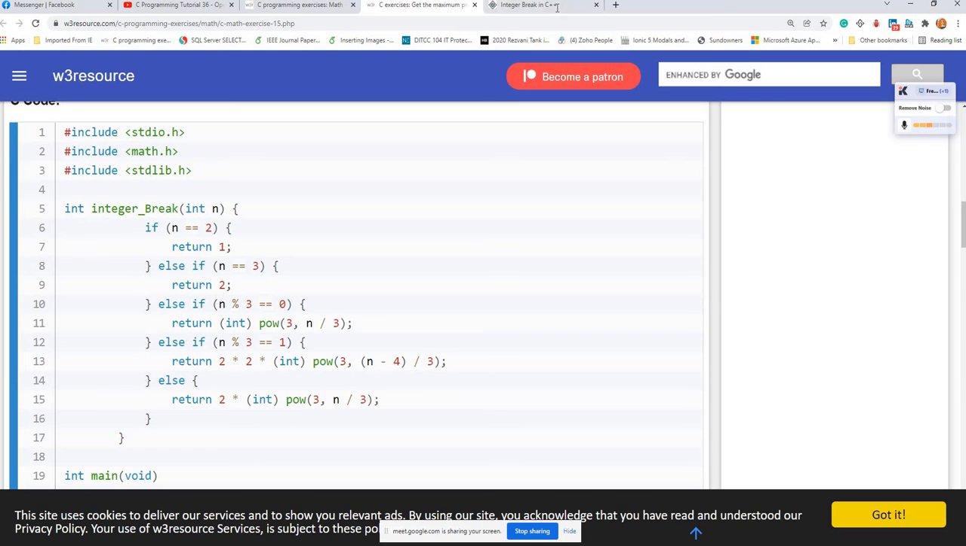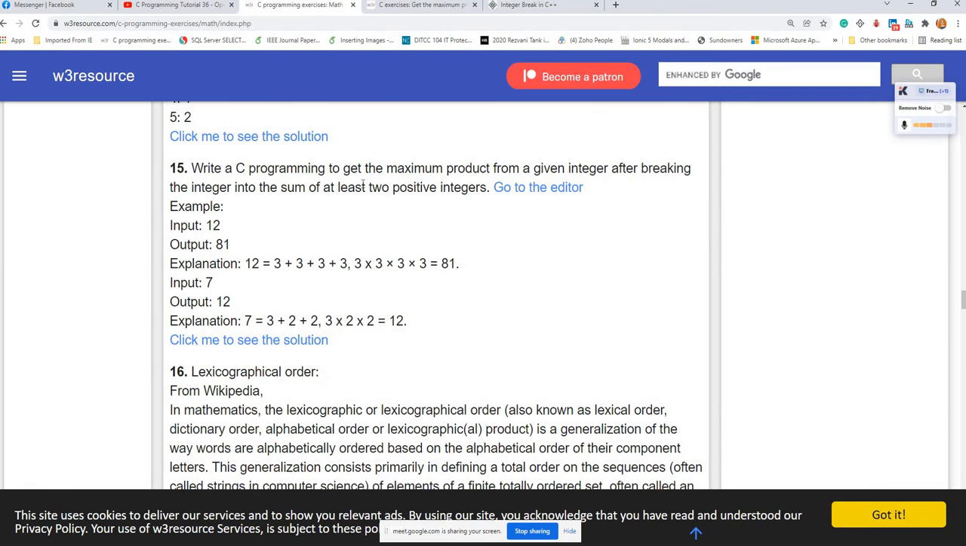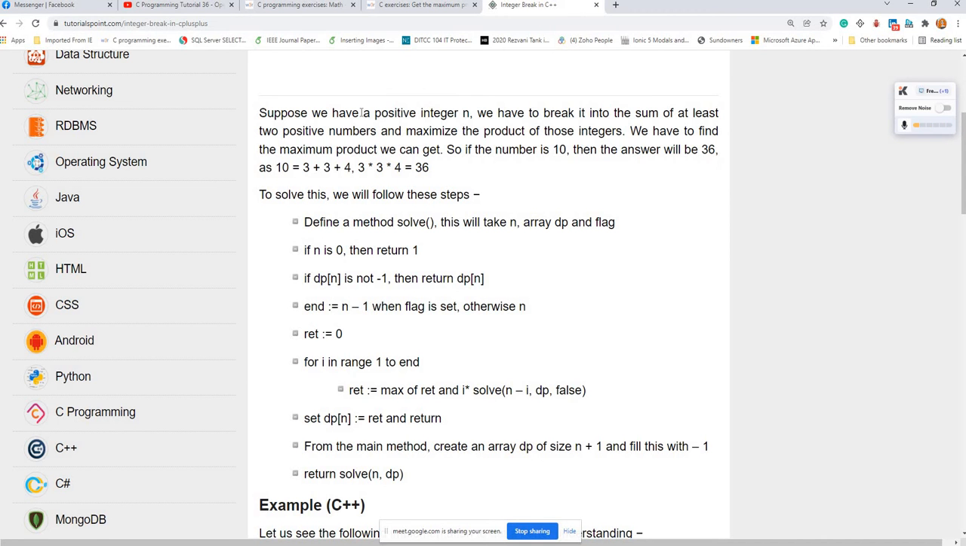Okay, so yung integer break, as what we require, the thing that we wanted to get, no? So maximum product. Given an integer, you break the integer into a sum of at least 2 positive numbers. So ganun din siya, no? You break the positive integer into a sum of at least 2 positive numbers. So i-call mo siya